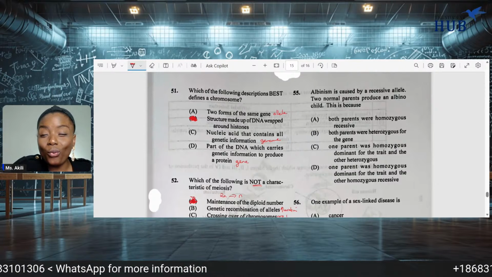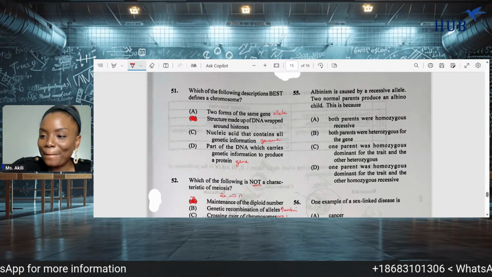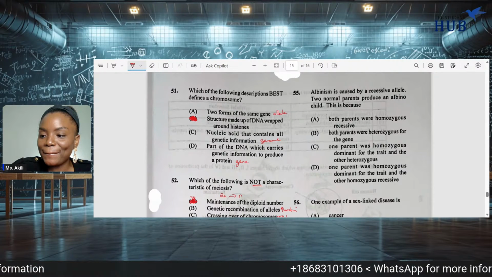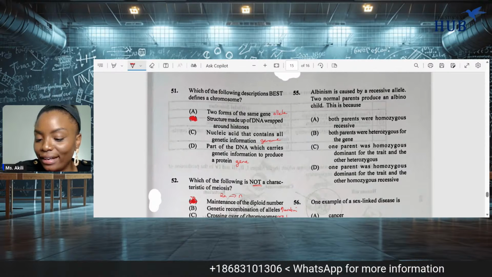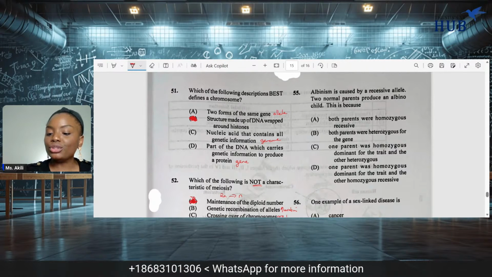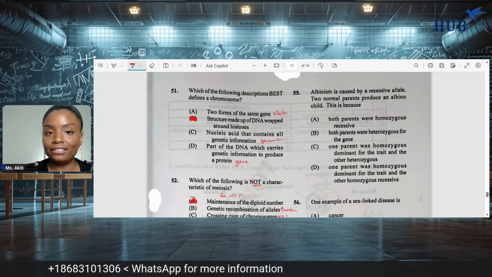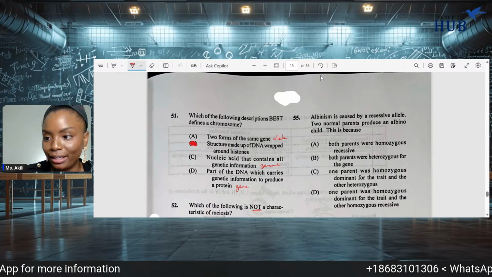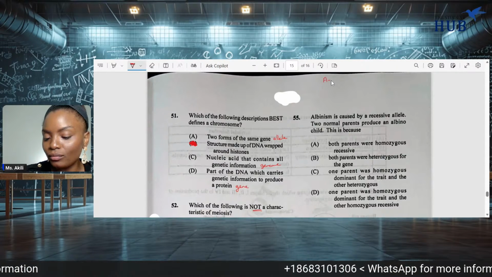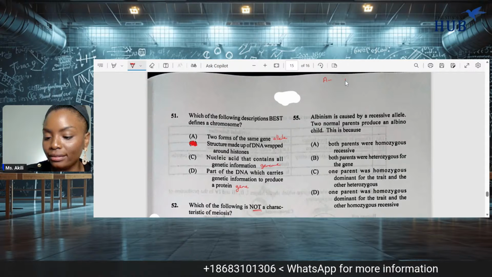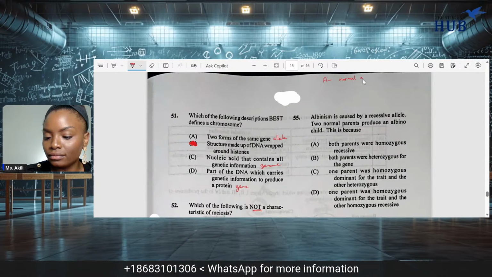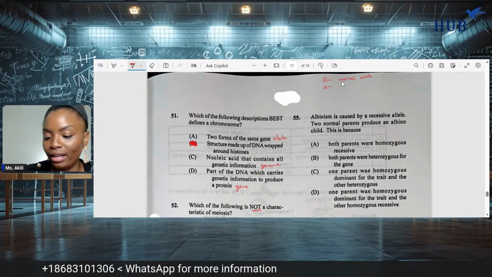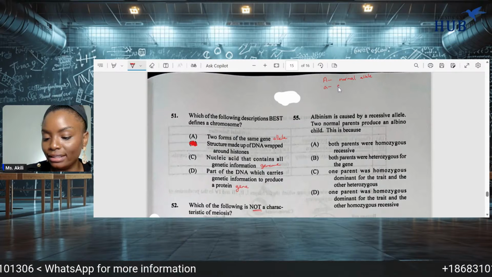The chat is quiet. All right. So you want me to talk through this one, right? So albinism is caused by a recessive allele, which means that you're going to have one dominant allele. So let's say big A codes for your normal allele, and small a, the recessive allele, is going to lead to albinism,